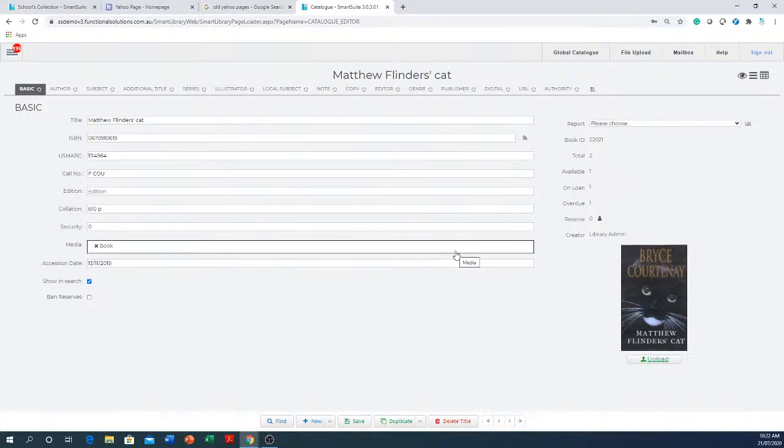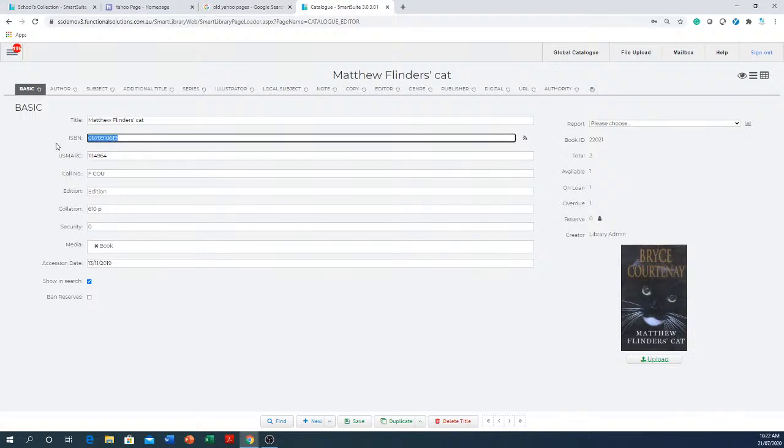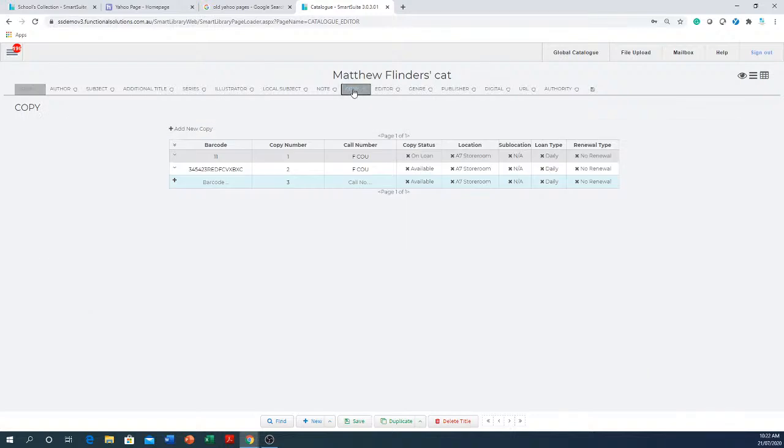But if you say no, I don't want to delete the title, I just want to delete a copy. Or I want to add a copy. So if you want to do anything with the copies or the barcodes, you click on copy. And you can see I've got a barcode called 11 and I've got a barcode called here. If I want to add another copy, in the plus area here, I would just go to a blank one,